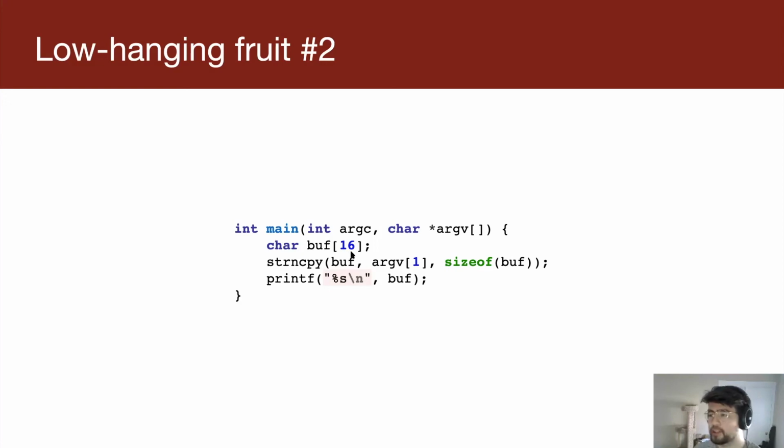C strings are supposed to be null terminated. If you're returning a string, it's supposed to be 15 characters and then a null terminator. Really what strncpy is doing is returning a sequence of characters. It's not really a string anymore because it doesn't have a null at the end. And then we're trying to print this as a string, which expects a null terminator. And this will actually print all of your memory until it finds a null terminator somewhere.